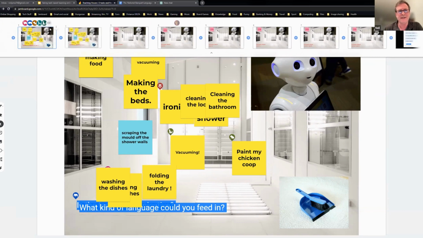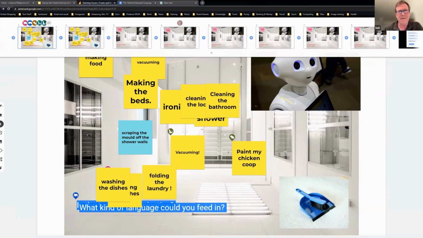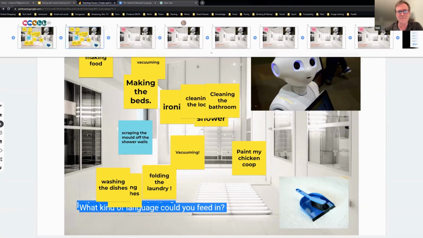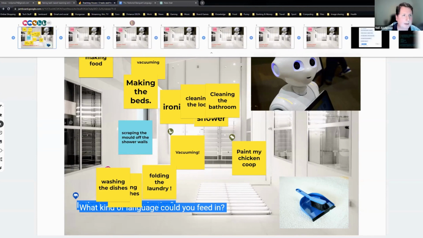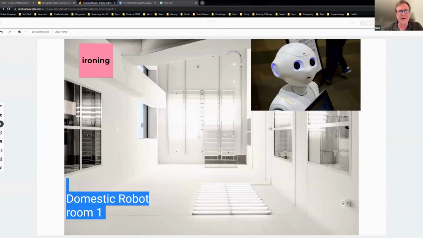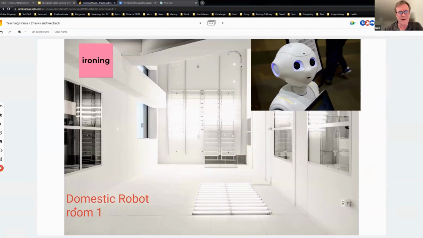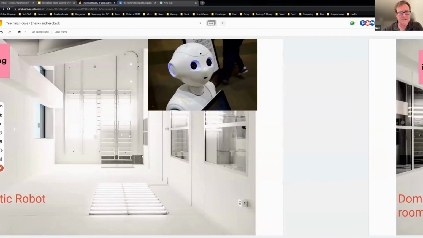Neil's just duplicated that one, and if you move along to frame 3, 4, and 5, I'm just going to delete these now. That's how you duplicate and delete them if you want to. So it's one click and you can duplicate the room. Here we've got room 1 and it's ready to go, a Jamboard for room 1. Then Neil, if you show them room 2 as well.